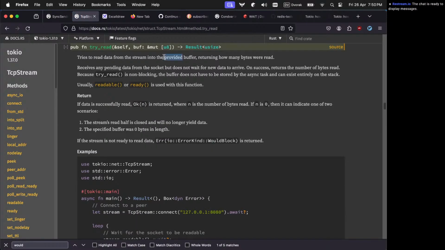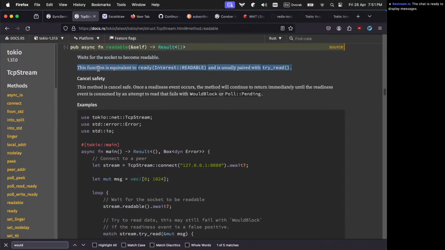Tries to read data from the stream, returns the number of bytes read. Because try read is non-blocking, the buffer does not have to be stored by a async task and can exist entirely on this stack. Okay.